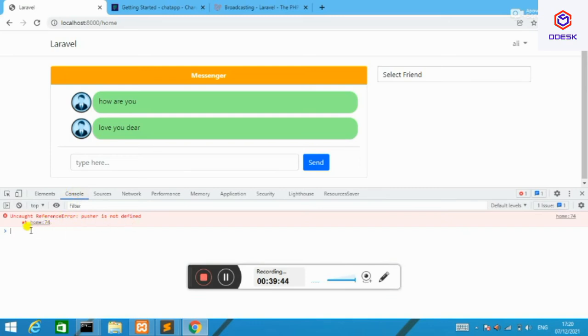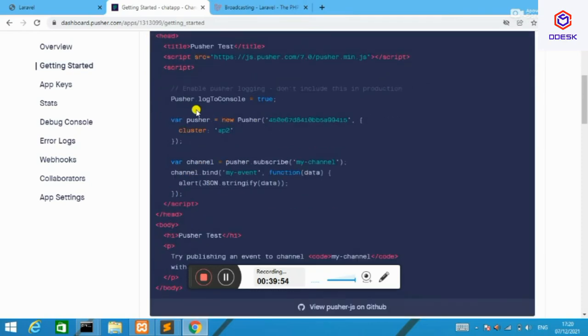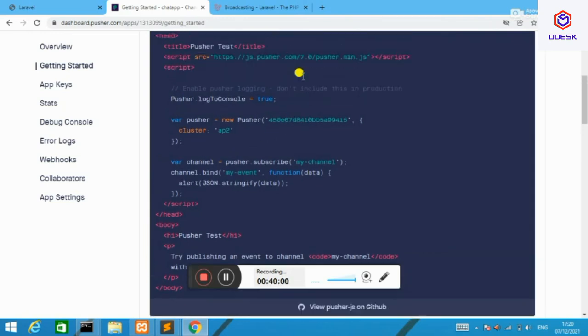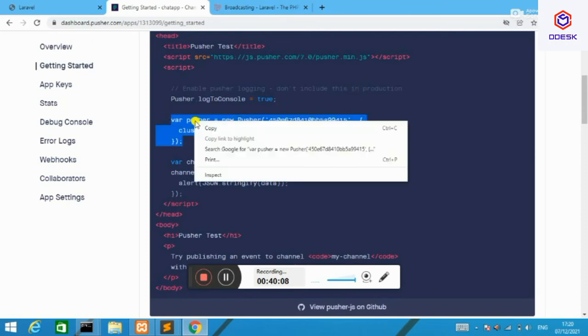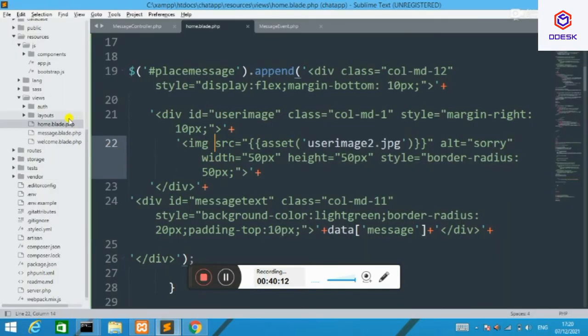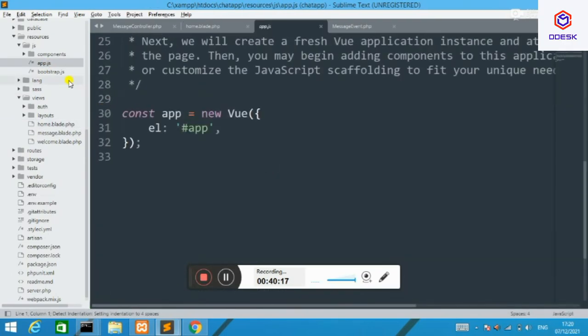Yes, pusher is not defined. To define the pusher, I'll go again to my Pusher account and see here I got one new thing, var pusher equal to new Pusher, with the ID and cluster ap2, your server name, and I'll copy it and paste it at the top of my page.